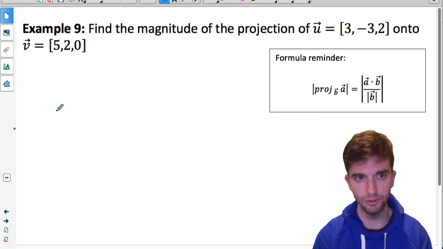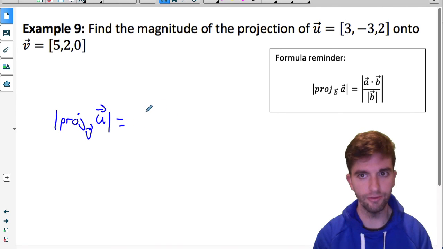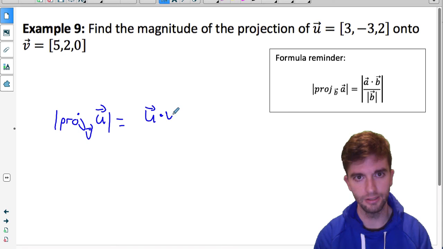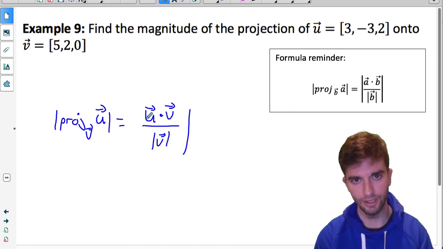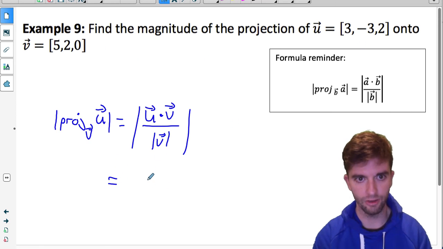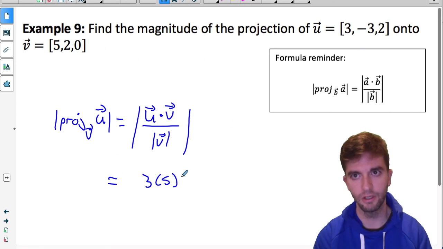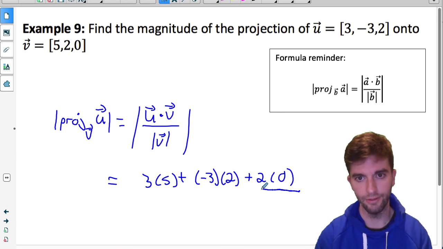So the magnitude of the projection of vector u onto vector v would equal the absolute value of u dot v divided by the magnitude of v. So I need the absolute value of this. So u dot v, find the product of the x components, 3 times 5, plus the product of the y components, negative 3 times 2, plus the product of the z components, 2 times 0. Divide this whole thing